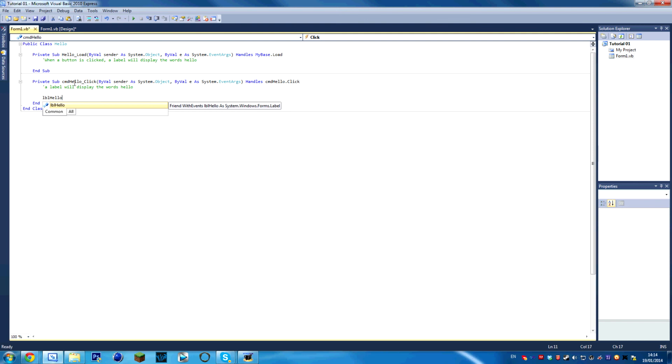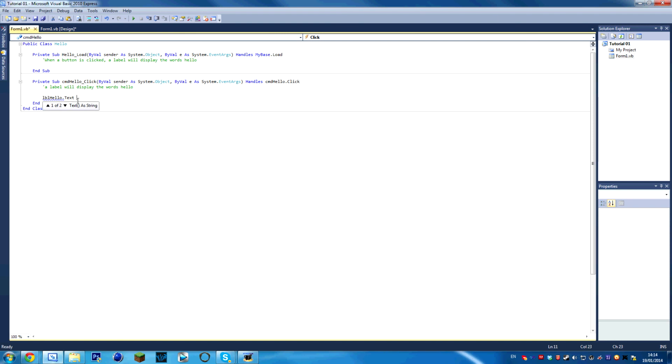If we type LBL hello and then dot, this will display a list of different things that is to do with that label. And what is it we want to do? Well, we want to change the text. So you can click text,